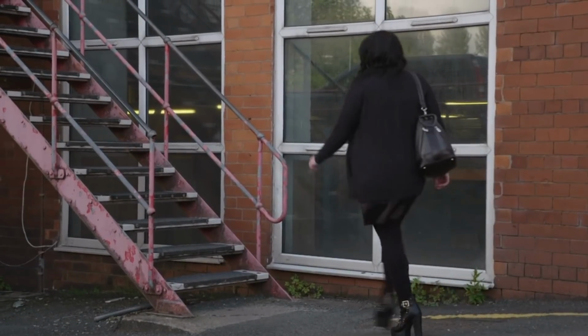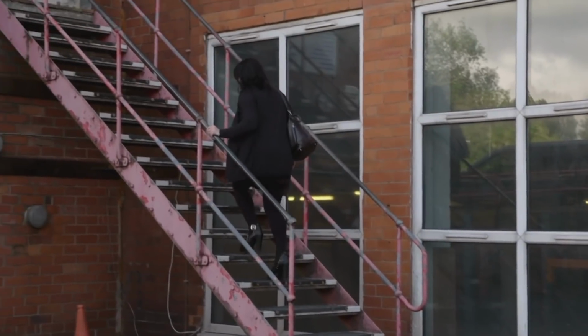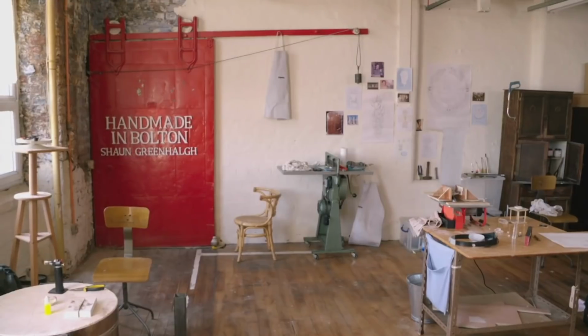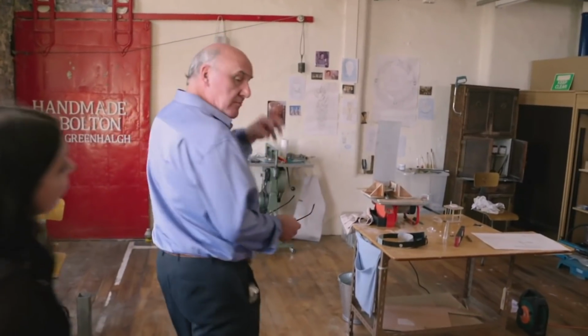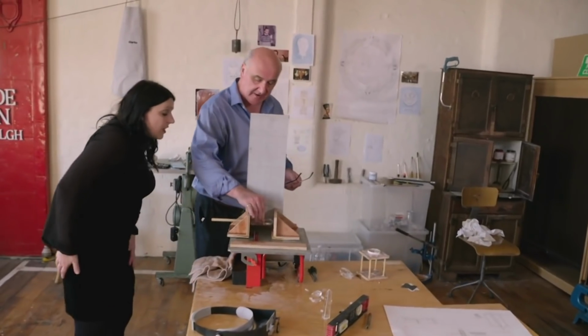A week later, a concerned Yanina is back in Bolton, checking up on Shaun's progress. So, Shaun, how are you getting on with the rock crystal? Well, I've core drilled it, Yanina. It's like taking the middle out of it. And now we've got to profile it, shape it on the outside, in effect,